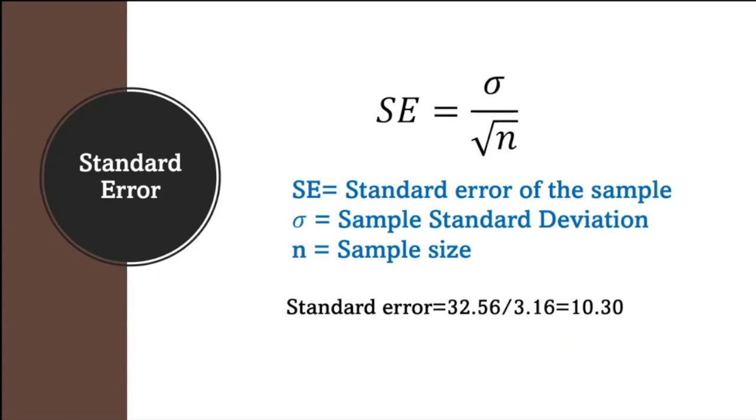So this is the background calculation which goes on in the software when you see values like the 95% confidence interval, the standard error or the standard deviation. All these things you will get automatically calculated in the